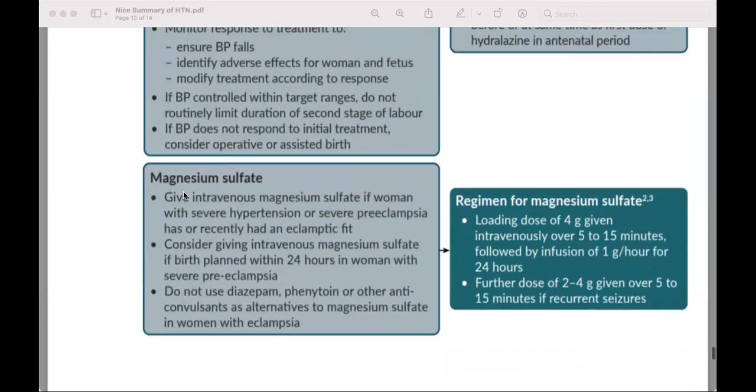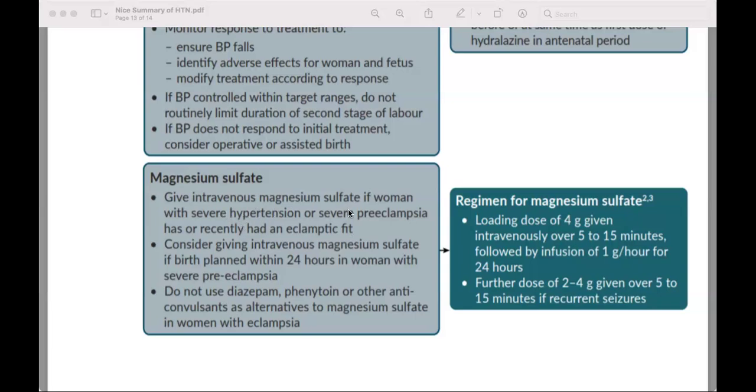Role of magnesium sulfate. Give intravenous magnesium sulfate if a woman with severe hypertension or severe preeclampsia has or recently had an eclamptic fit. Okay, this is one thing. This is the first indication. Preeclampsia, not only hypertension, and I hope that we understand the difference between both. Okay, and